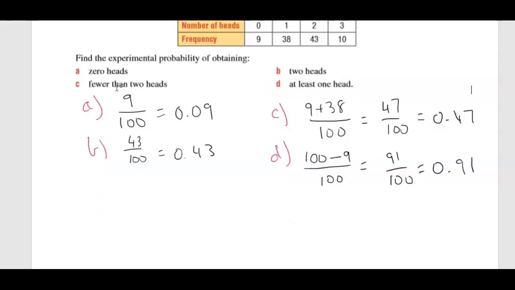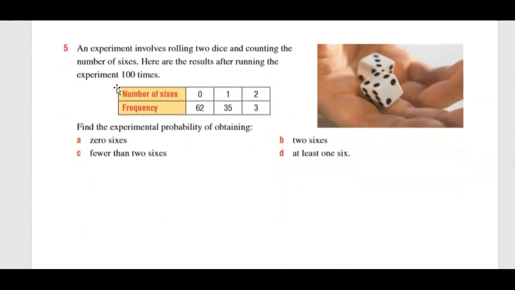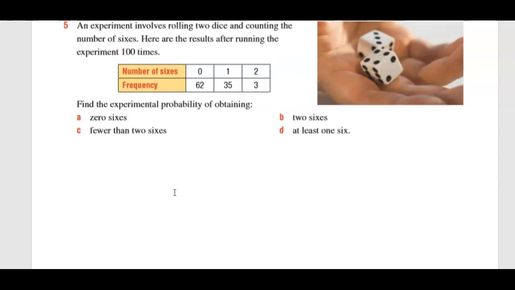All right, let's move on to the next question. An experiment involves rolling 2 dice and counting the number of 6s. Here are the results. Again, we've got experimental probability. I might just talk you through this one, and you can pause if you want to do it on your own. So 0 6s. We've got 62. We've done it 100 times. 62 over 100, or 0.62 as a decimal. 2 6s, 3 over 100, or